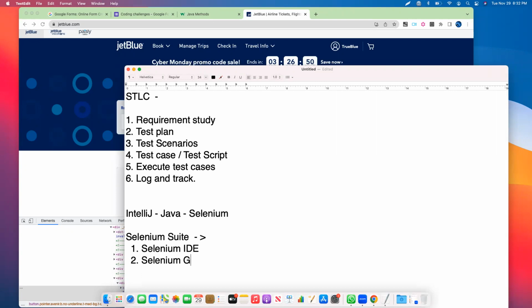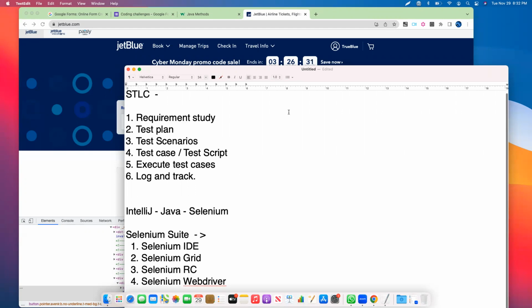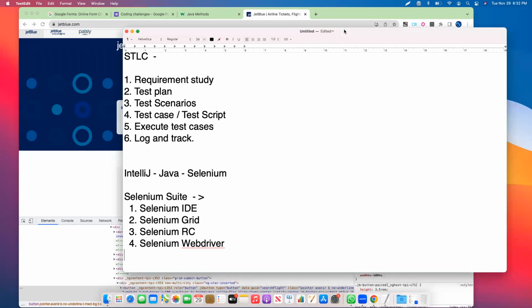Anybody ever heard of these tools before, or is this the first time? Number 3, and number 4 is going to be Selenium WebDriver. Trust me, once you see your first automated test, you're going to be hooked. Okay, so now we're talking about 4 different tools, and they have 4 different